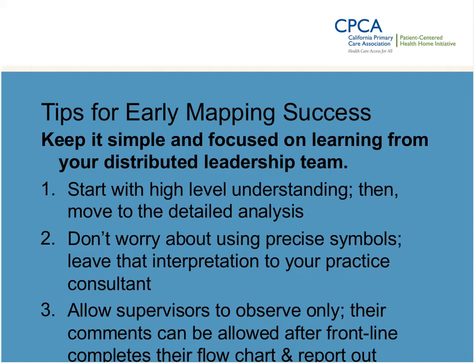I start left to right, where the scheduler is typically the first one, and end with the patient navigator or the referral clerk. So that helps you space out if you start that way, so that you end with the whole wall being filled with equal space. And a critical component is during the early sessions,